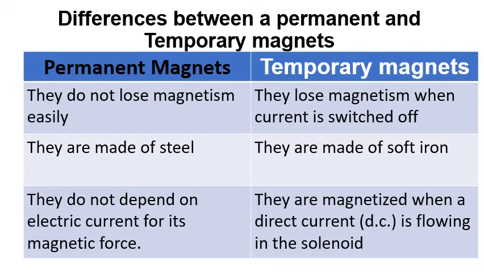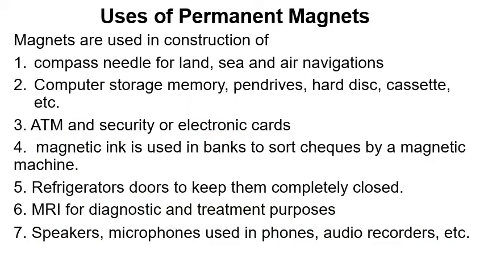Temporary magnets are made of soft iron. 3. Permanent magnets do not depend on electric current for their magnetic force. Temporary magnets are magnetized when direct current is flowing in the solenoid. Uses of permanent magnets. Magnets are used in construction of: